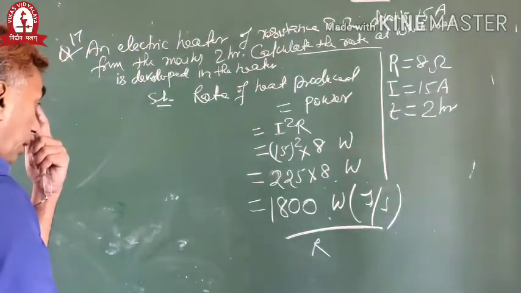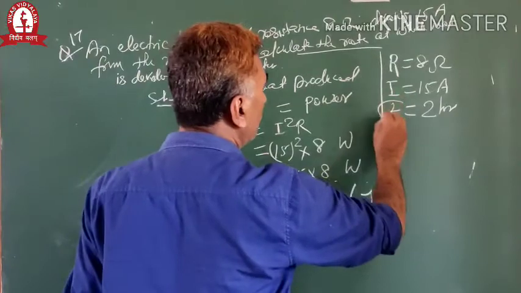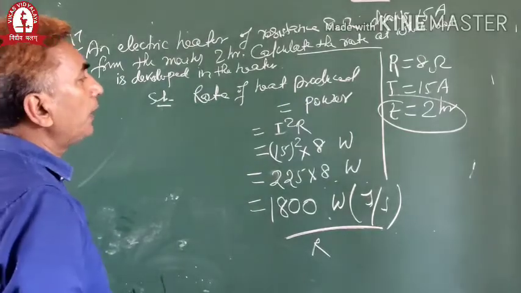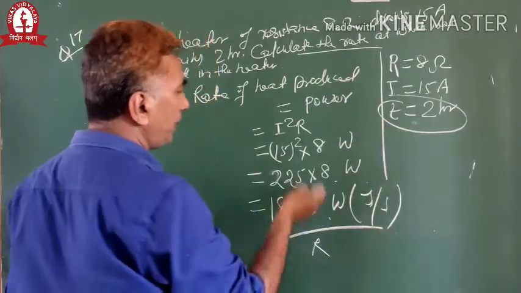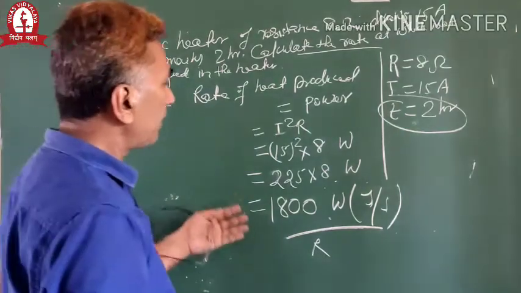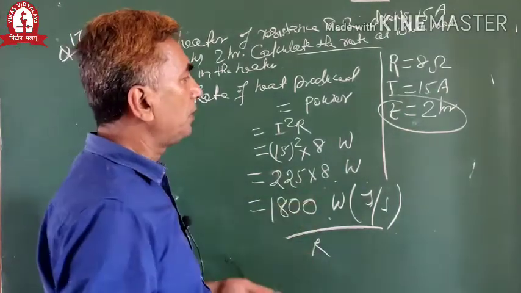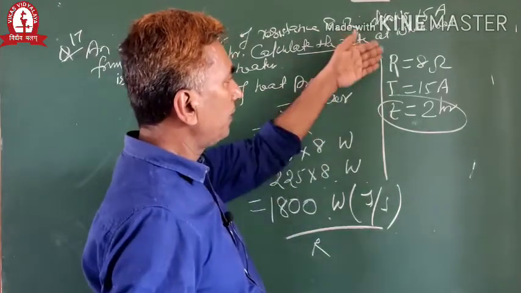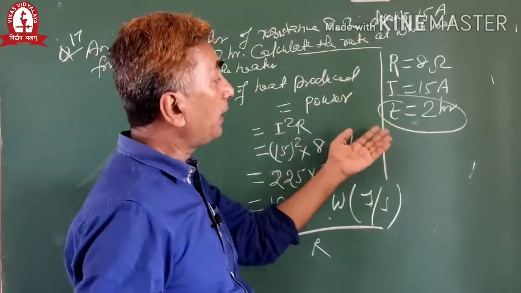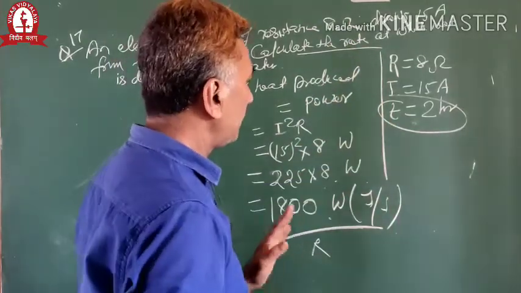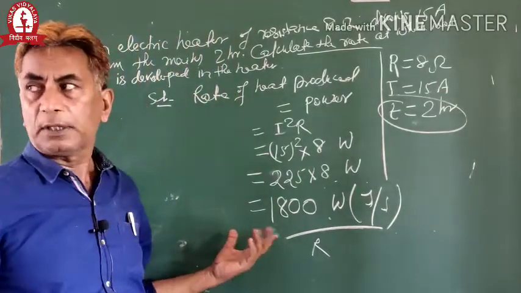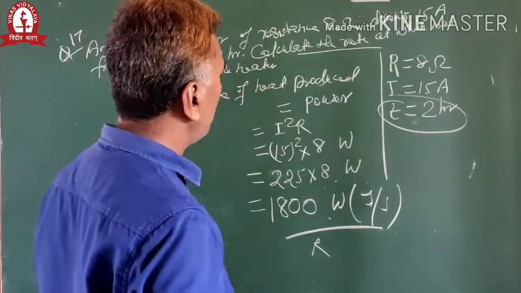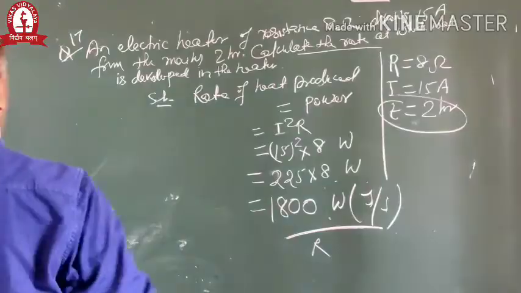Both are the same thing. So this is the answer of this question. Now you will say, what about the 2 hours? It is also given in the question. There is no use. Without using this, we can reach the answer, so there is no need, right? Otherwise, if you are interested, first calculate I square RT, the heat, and then divide by the time. The result would be the same. So the better approach for this question is to directly calculate the rate of heat produced, that is the power, right? This is over.